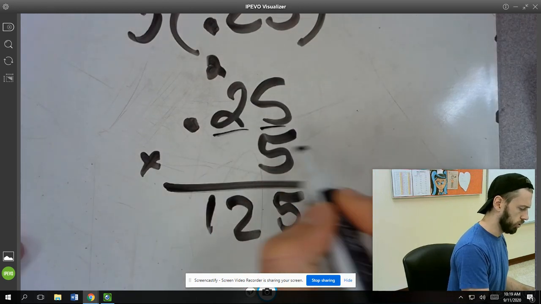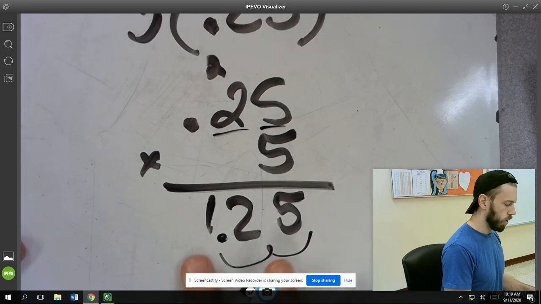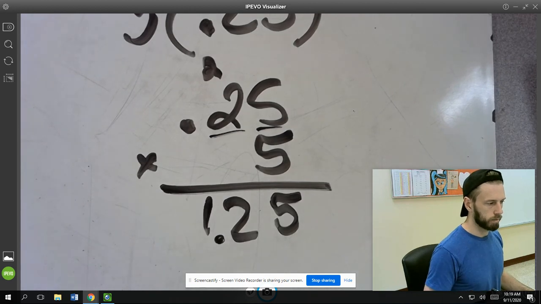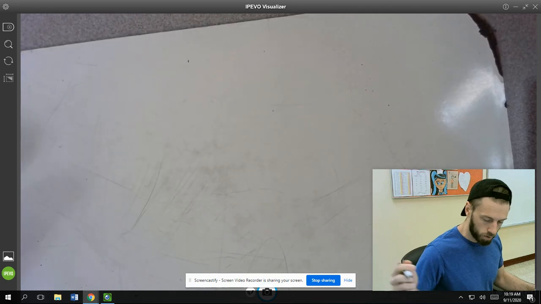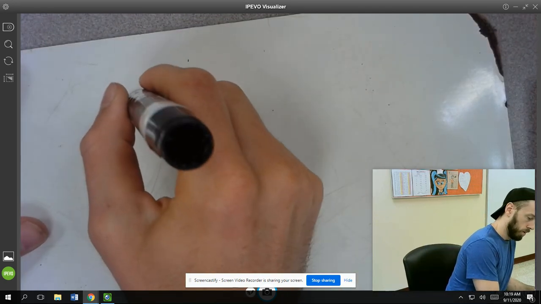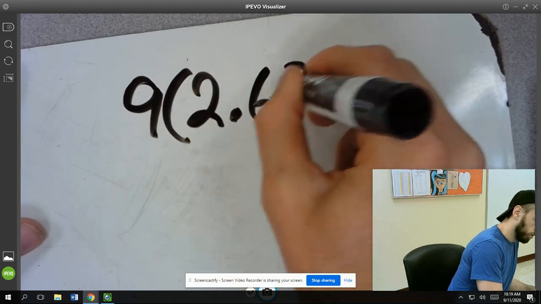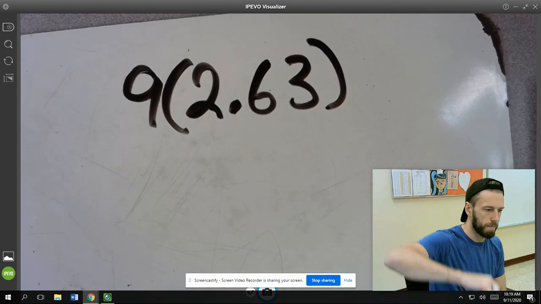So I recognize there's 2 places to the right of the decimal there, so I'm going to count over 1 and 2 spots. 1.25 makes more sense, and that's the correct answer. Let's try another one. 9 times 2.63. Pause, do it,